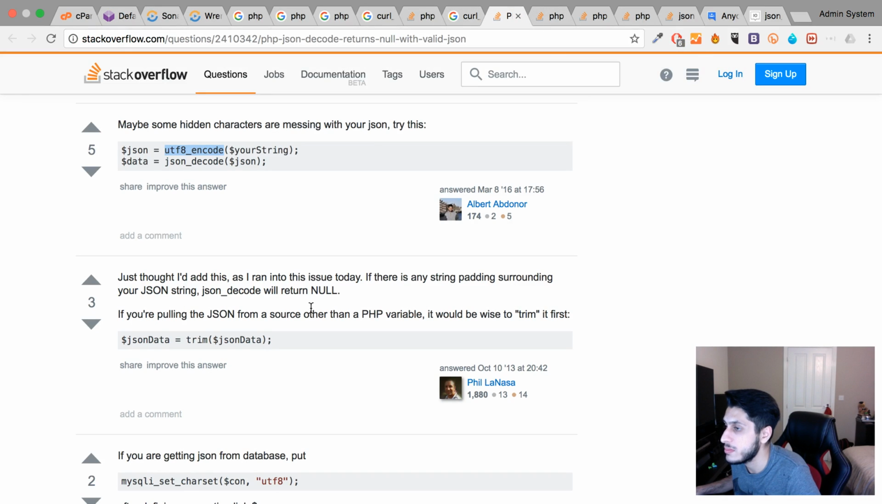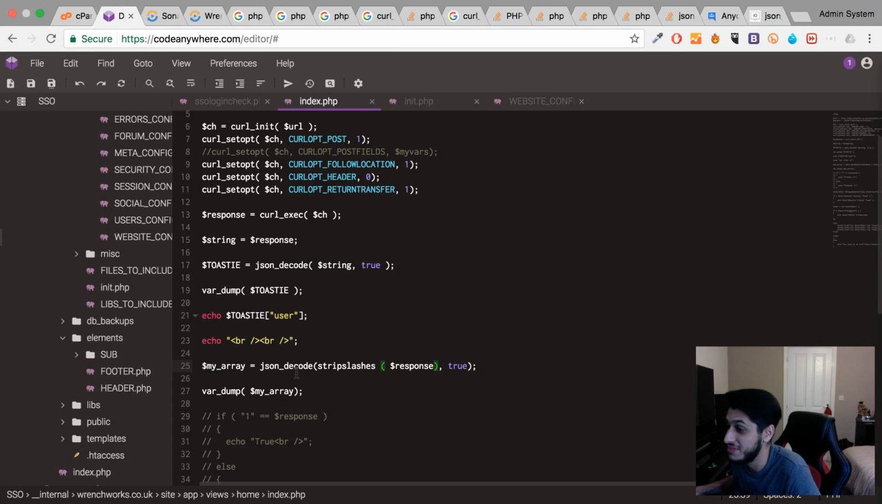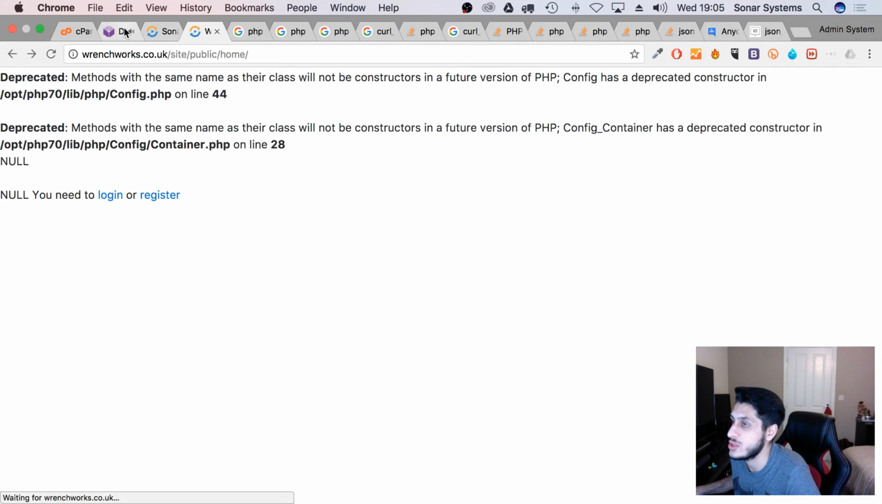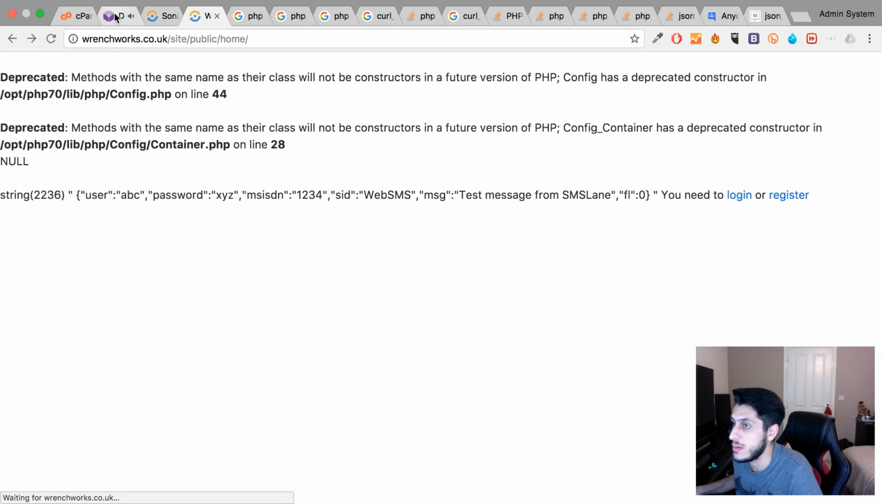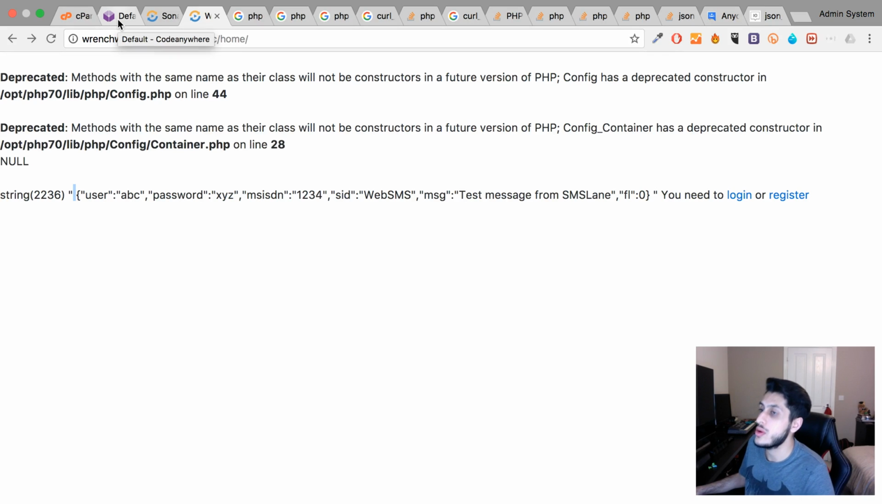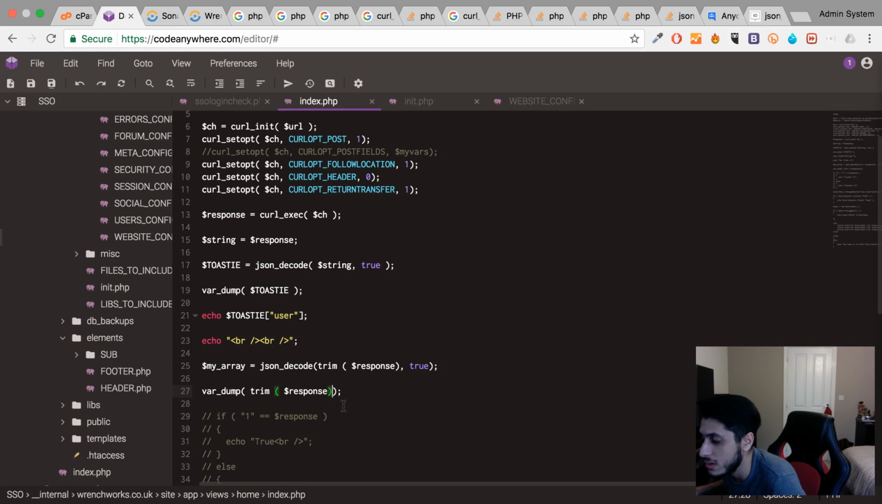Still the same problem. Trim. The good old trim method. Why not? Why not try trim? Why not indeed? There is an empty thing there. Clearly did not trim that. Actually, that must be a character then. So if I